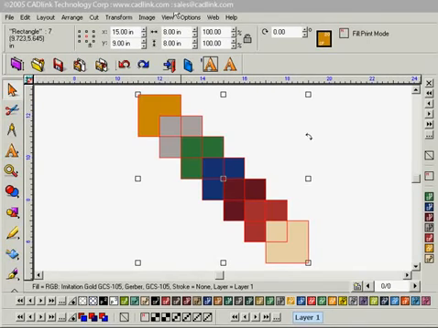This is the creating a bleed tutorial in Scilab. For this example, I've already gone ahead and created several objects on screen and assigned them various spot foil colors. To avoid registration problems from occurring during printing, we're going to go ahead and apply an inlay weld to these